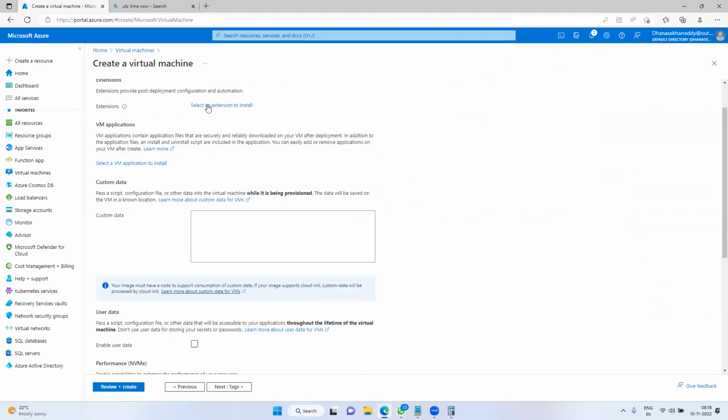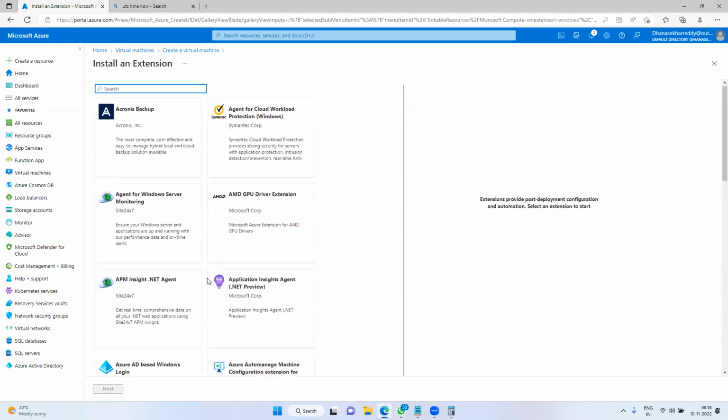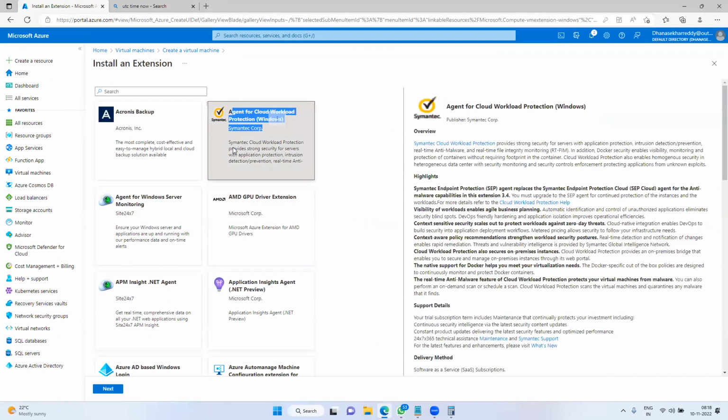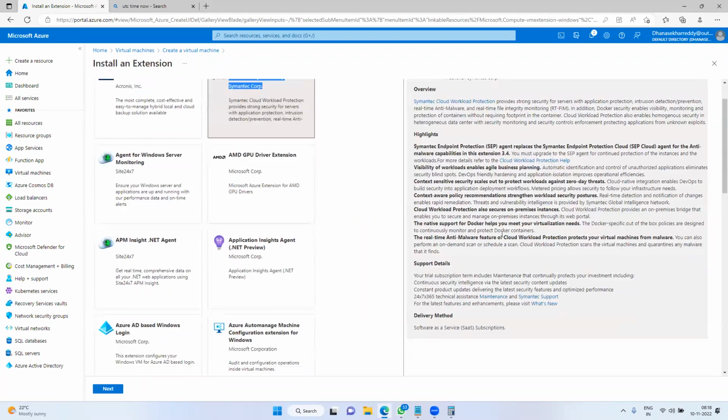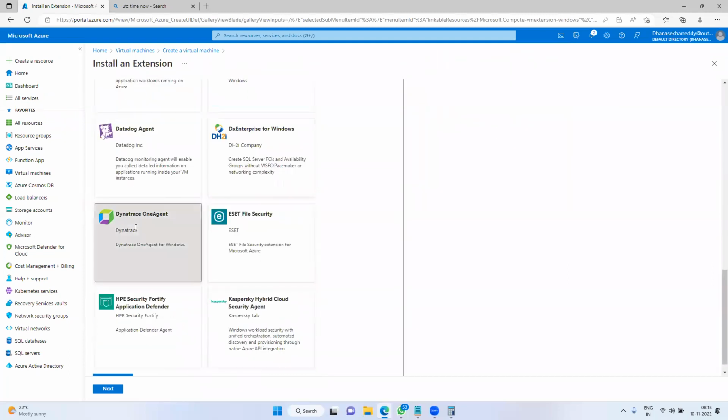First thing, go for extensions. Here we have n number of tools, third-party tools and Microsoft tools. For example, Symantec NetBackup, you can use this one. This is the cost. For example, you would like to use Dynatrace. Dynatrace is a third-party monitoring tool. Every second you can monitor your virtual machine, like what the CPU utilization is, how many concurrent users are accessing our application at this moment, and whether any process is consuming high CPU utilization. All that you can monitor using Dynatrace.